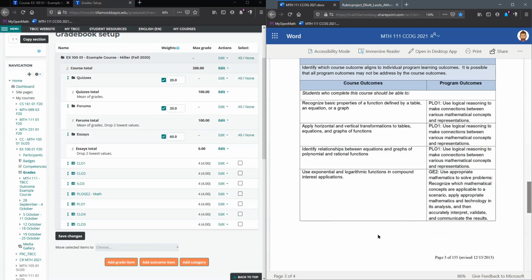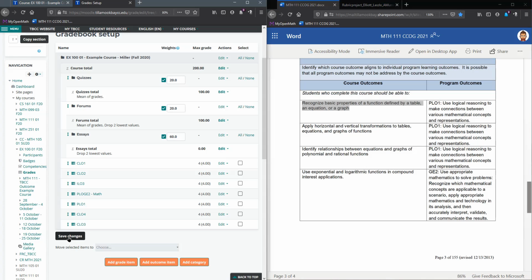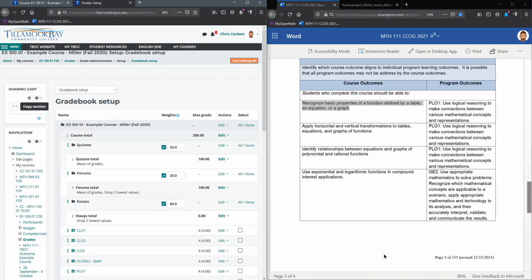You can put them in whatever order you want, and of course as you're rating them, you probably need to have your CCOG handy so you know what outcome number corresponds. So CLO1 is this first one right here, recognize basic properties of a function defined by a table, an equation, or a graph. I'll hit save changes. All right,